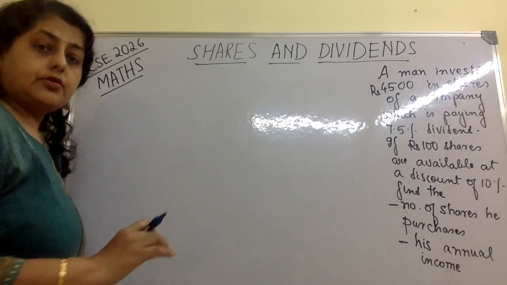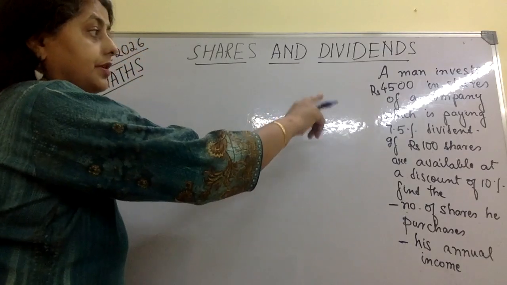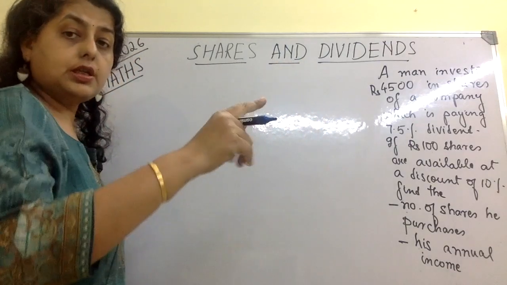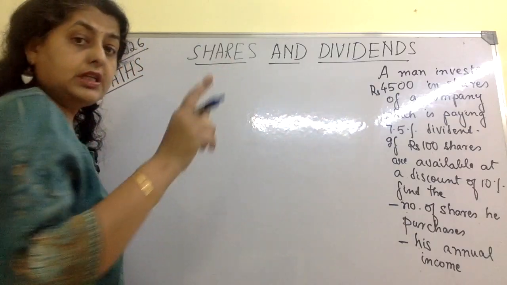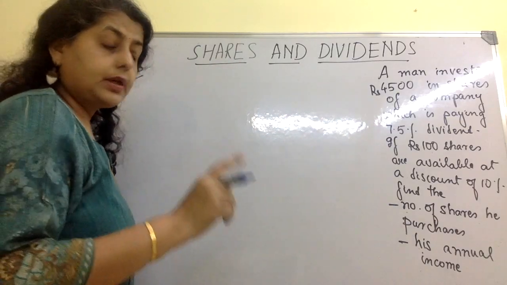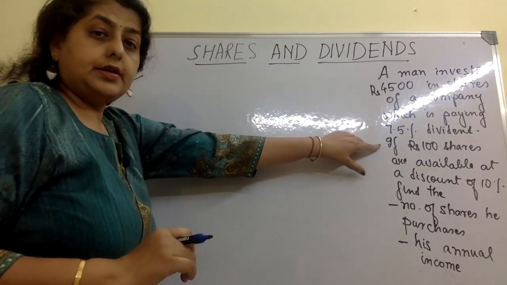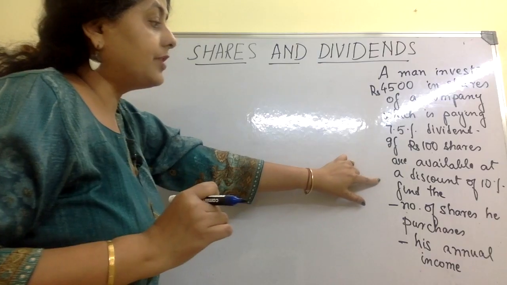So this is our second question. A man invests 4,500 in shares of a company. So this is his investment, means he has bought shares with this money and is paying 7.5% dividend. This is being paid by the company. Okay, and if rupees 100 shares are available at a discount of 10%,